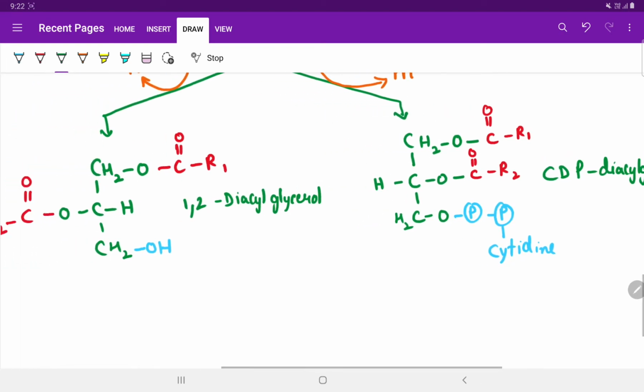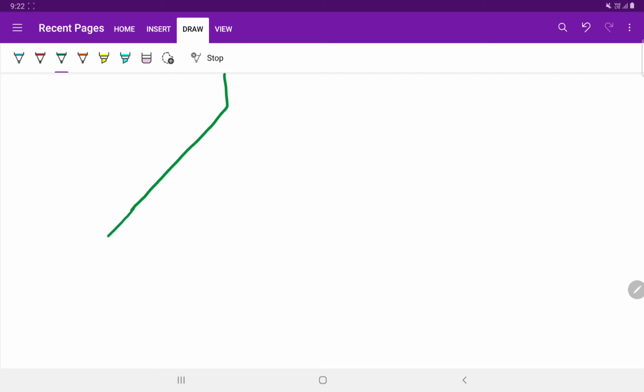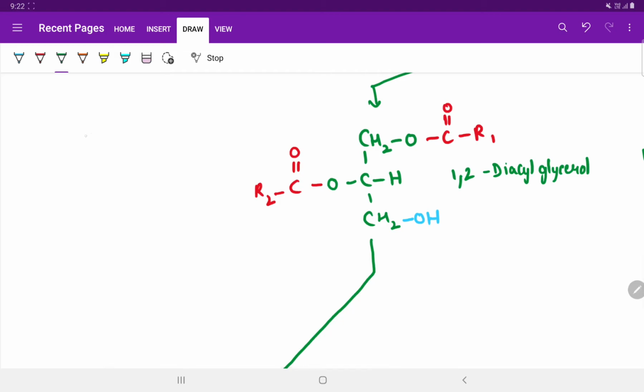Now from 1,2-diacylglycerol there occurs the synthesis of phosphatidylethanolamine or phosphatidylcholine, also known as lecithin. So how this lecithin formation occurs we will be showing you. Now for this, one choline molecule, also written as ethanolamine,